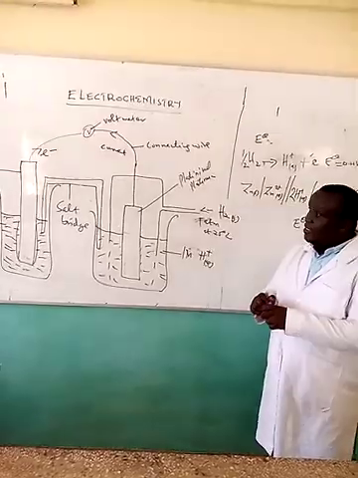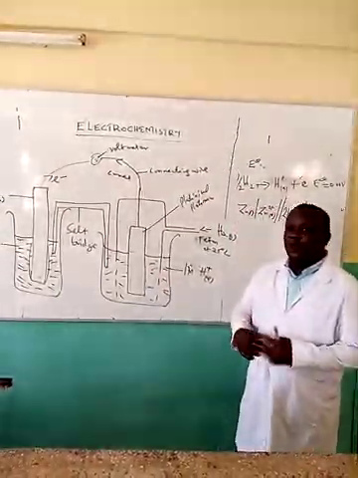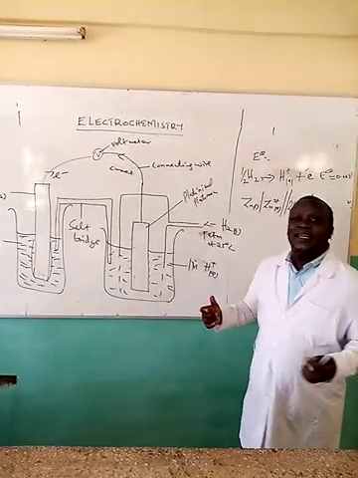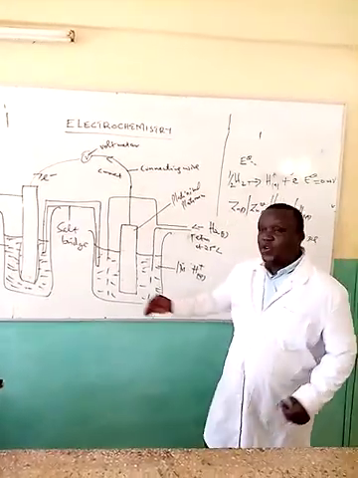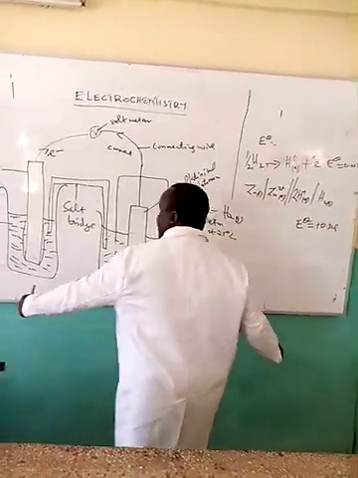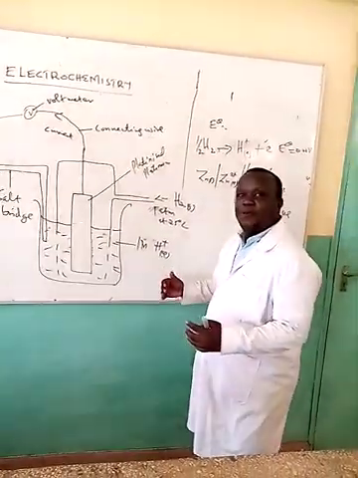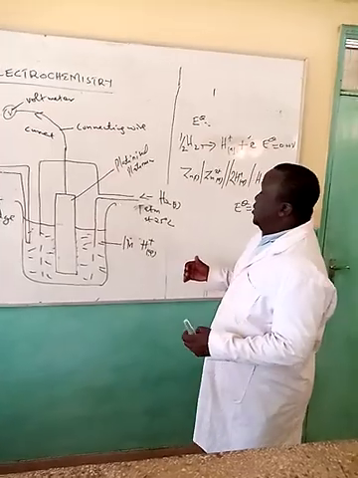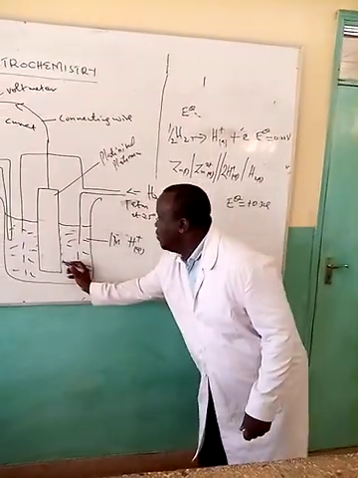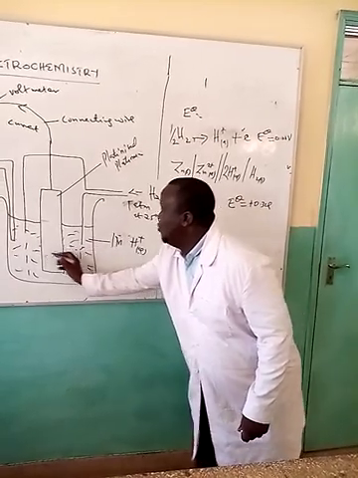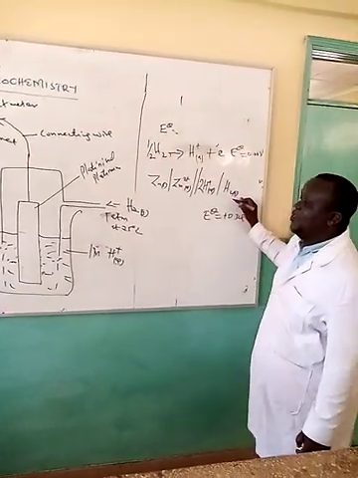Now, in an electrochemical cell where we have a less reactive metal than hydrogen, the question is, how do we come up with an electrochemical cell? In this case, zinc is above hydrogen in the reactivity series. That's why we place it on the left-hand side, the way we place a book. But in the case of copper, how will we come up with an electrochemical cell? Now, in this case, these bubbles that you are seeing, the gas coming out, will be observed as bubbles as they come out here. Allow me to explain this one first. The bubbles should be seen coming out because hydrogen gas is being formed.